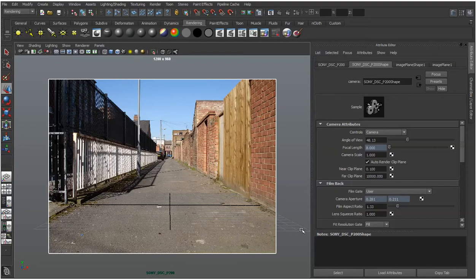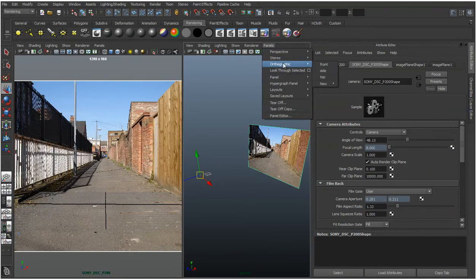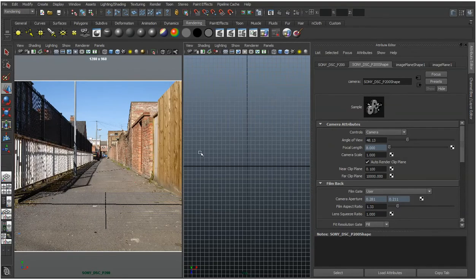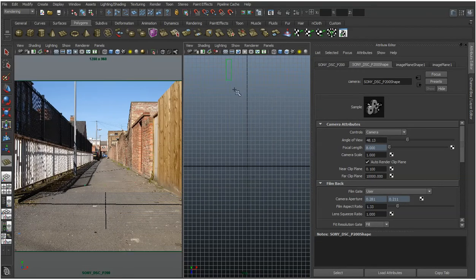But I can't be 100% sure they're correct right now, so what I'm going to do is just create a grid. Now you could, depending on if you do active draw or you just have one placed on the scene, that's up to you. I'm just going to go into the top view, so I'll change panels, top, and I'm just going to go through polygons and draw a grid. I'm just going to do it quite roughly for now,